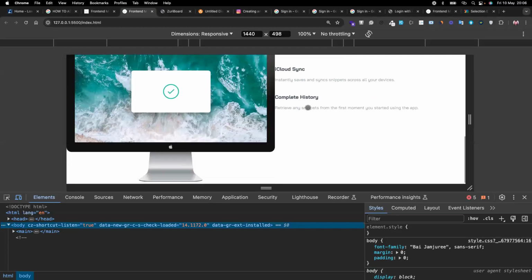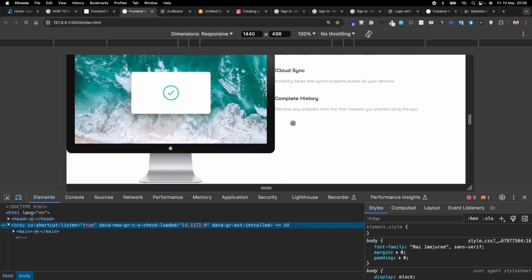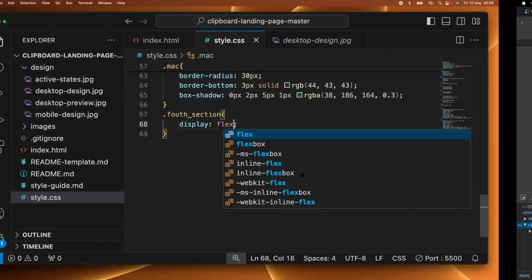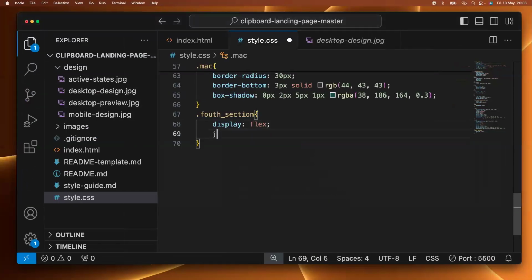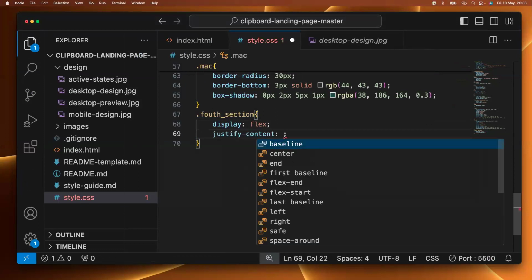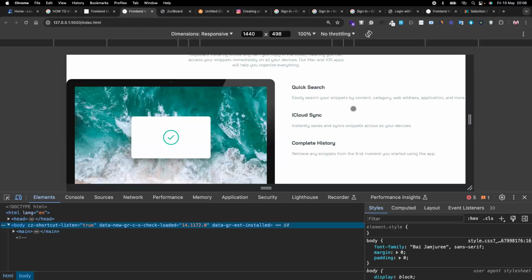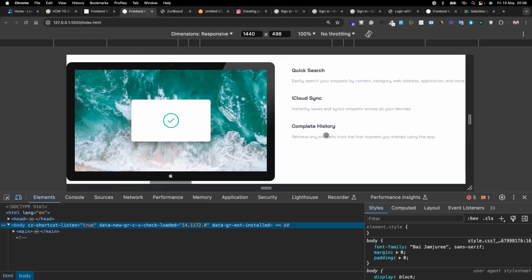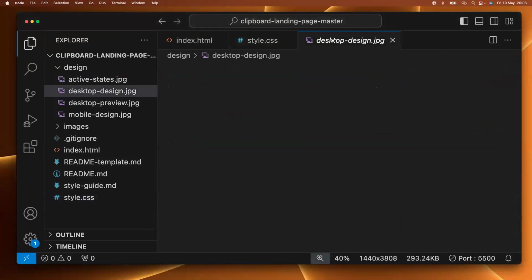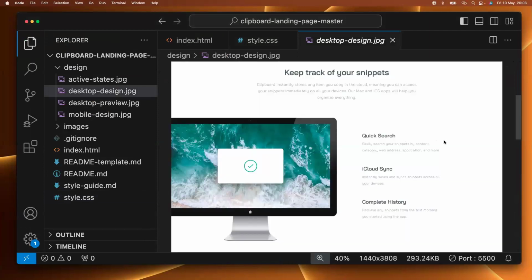But one other thing I also noticed is that this thing is close to this stuff. And I know that if I say, what is it called? Justify content, space between, it will give me spacing. But that's not what I want to do. Because even though it's giving me spacing, there's a space that this thing is missing. And if you could see it, it's missing one space. It's missing this space. So one of the best ways I can achieve that is going back